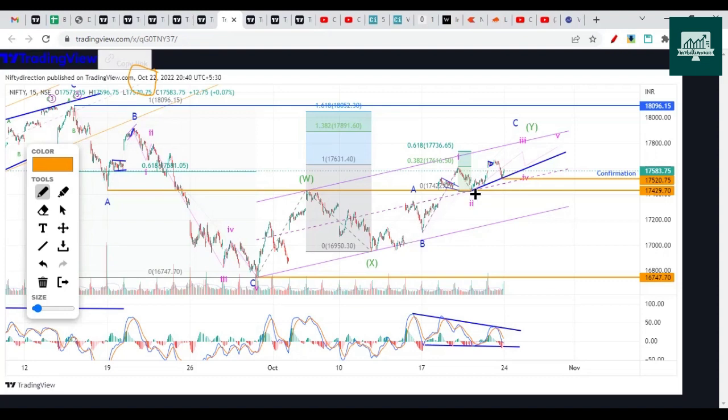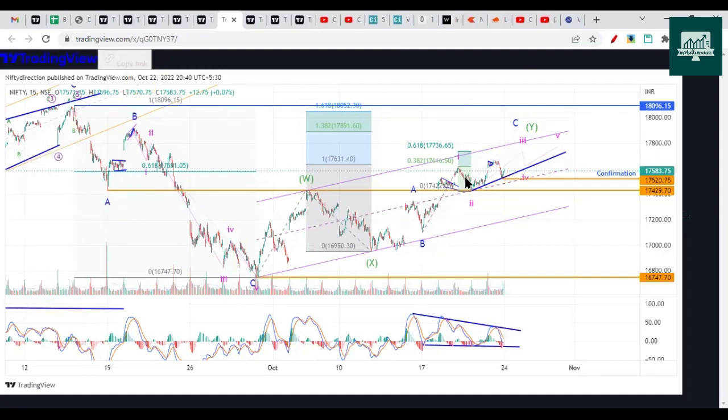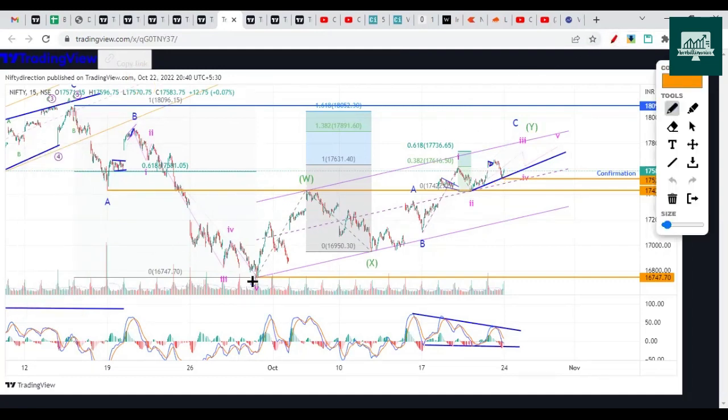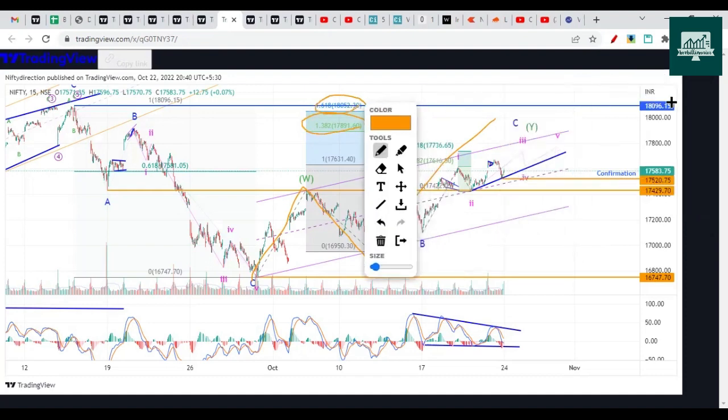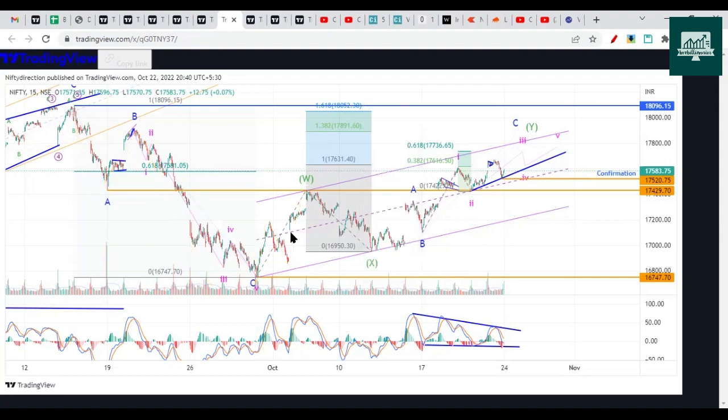So we started with a big gap up. Then the gap did not sustain, and in the next sessions again a gap up. So these gaps continued, and it looks like this analysis is going well with complex correction W, X, and Y. We also mentioned we are heading towards 17,900 to 18,050 max, and we are not expecting a break of 18,096 because we have dropped in 3 swings and we are going up in 3 swings on the upside. So this drop is sharp, this pullback is slow. These are a couple of hints that tell us that 18,096 may not be broken.